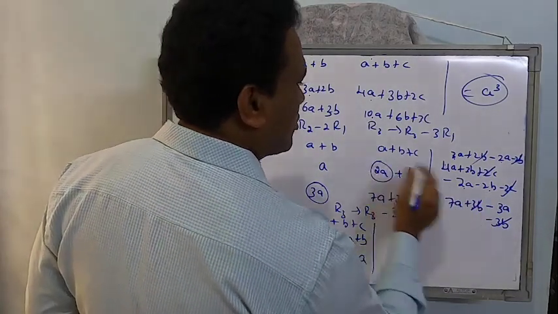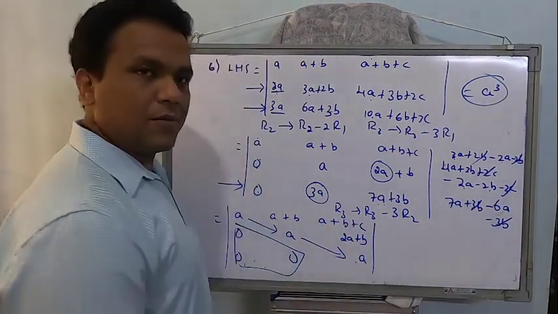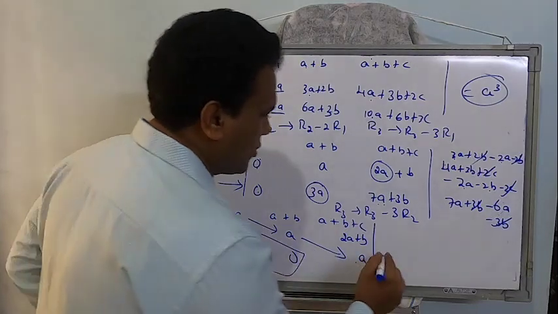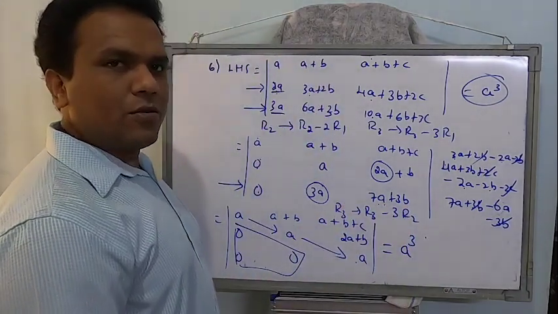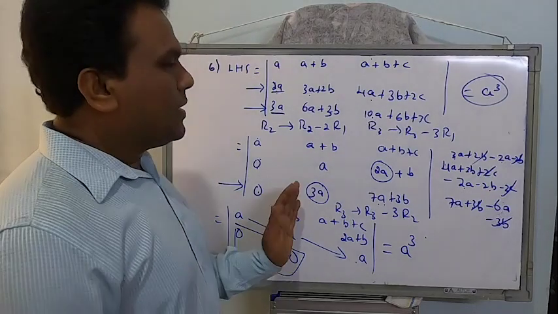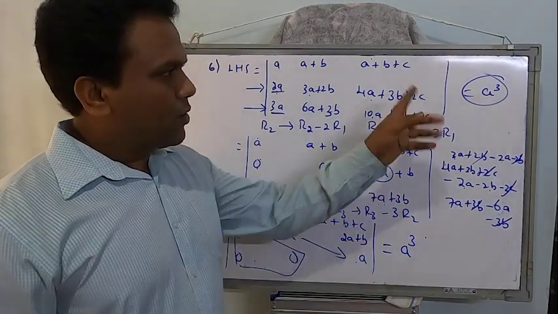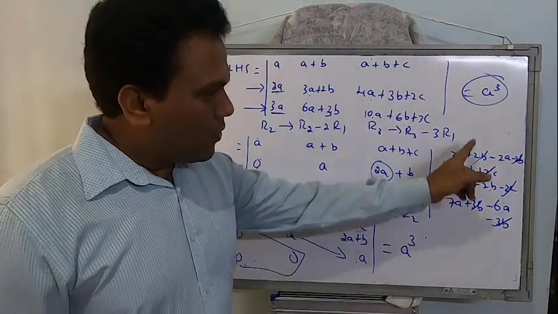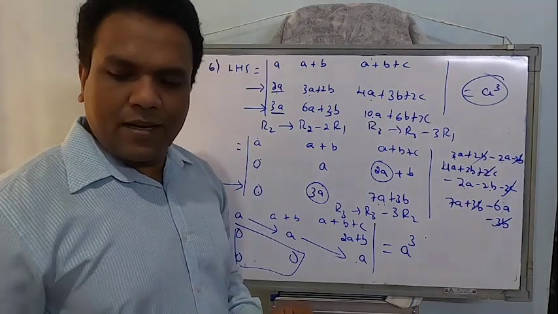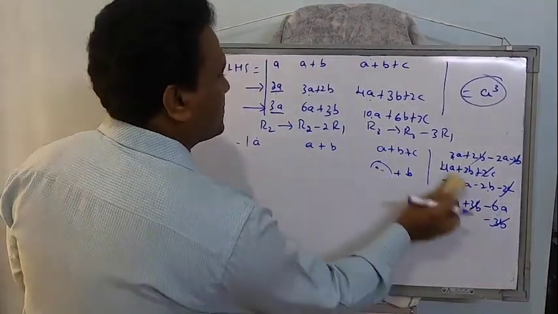This has to be multiplied by 3 now, so this becomes minus 6. Yeah, now that's fine. So just check out, the value is nothing but the product of the principal diagonal, hence the value will be equal to A cube. So even if I'm going wrong, I will be able to identify that something is wrong, because my required answer is A cube and I'm not getting it. So I could go back and check here. So always do some simplification on the right side. Clear? Okay, so let's move on to problem number 7.